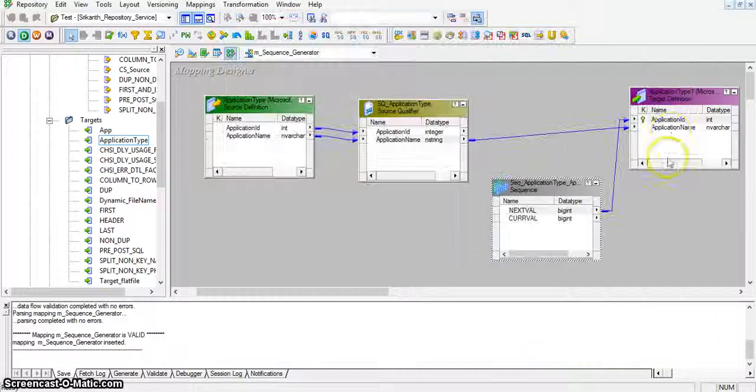However, I have a primary key constraint on my target table application ID. It will validate the primary key constraint on application ID. Hence the session will write the duplicate records, that is, the duplicated application IDs, into the dummy file. So no record will be loaded into the target table, meaning those records were rejected.